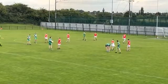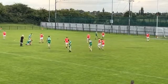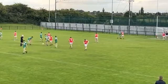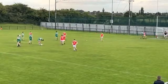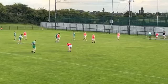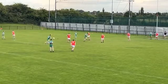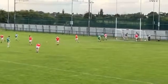So John, I think there's one group game left, and Trim are supposed to play Moyla. I don't know how the calendar is affected now. Is that going to be changed at all? Trim are due to play Moyla next Wednesday, and the semi-finals the following Wednesday. I don't know. Moyla are bottom of the division along with Longwood, so I don't know will it be played or not. That match is here, I think. No, or is it in Moyla? It is. No, it's in Moyla, I think. John, yeah,